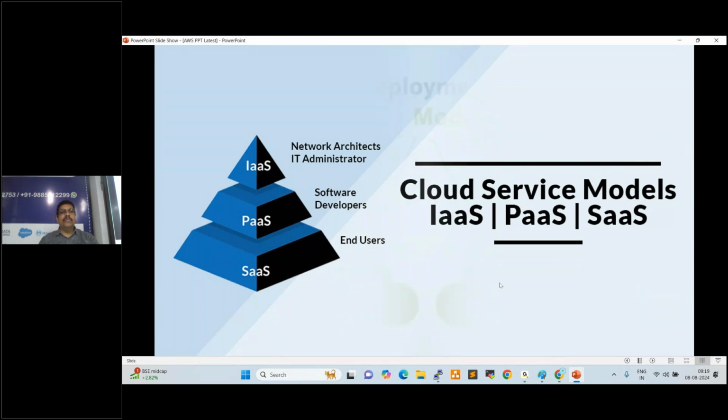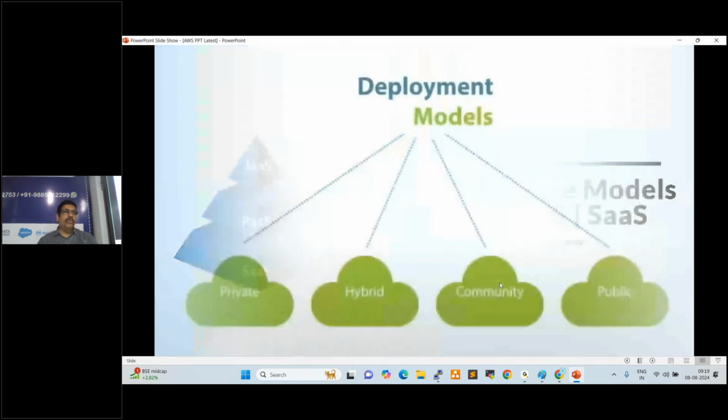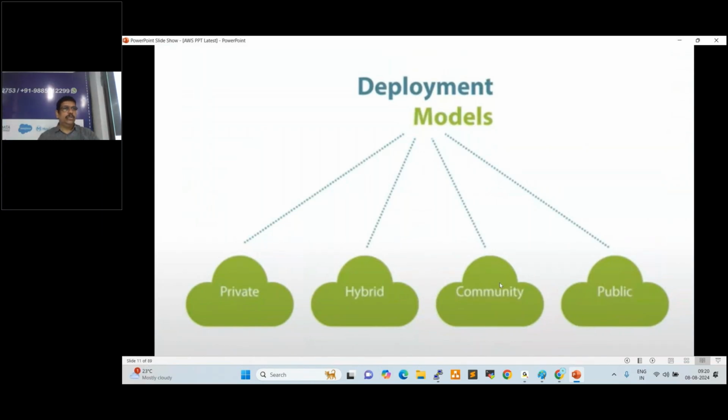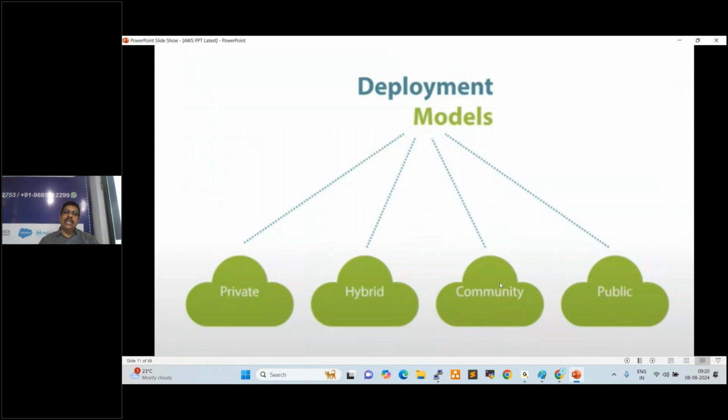Next one is the deployment models. We have 4 deployment models: private cloud, hybrid cloud, community cloud, public cloud. What is private cloud? It is the on-premises cloud, our local cloud, for example VMware, Citrix. Hybrid cloud is the combination of public and private. Community cloud is like government cloud, defense cloud. Public cloud is like AWS cloud, Azure cloud,